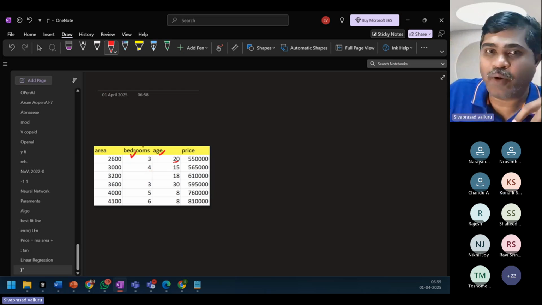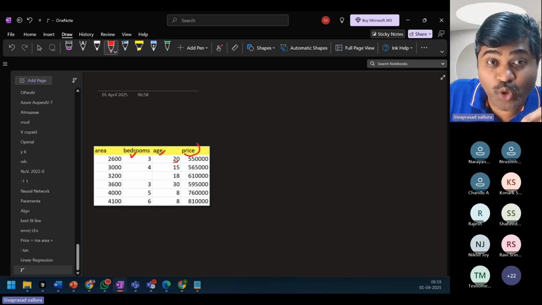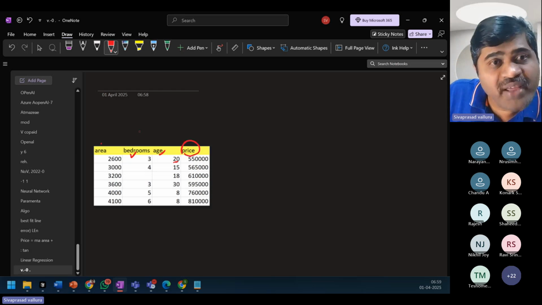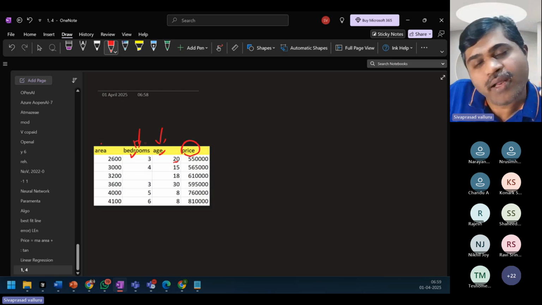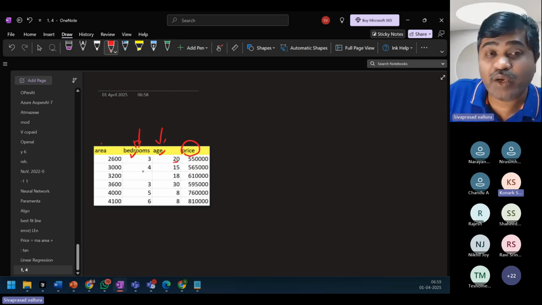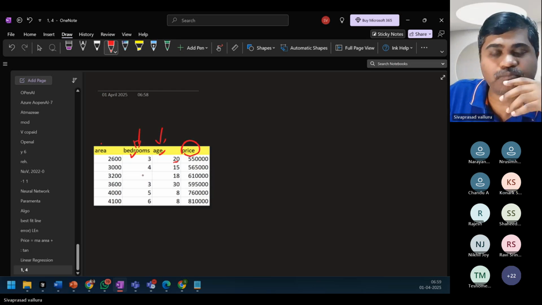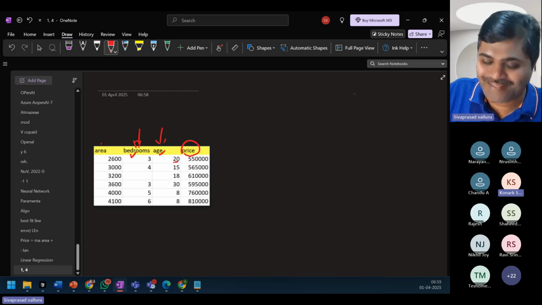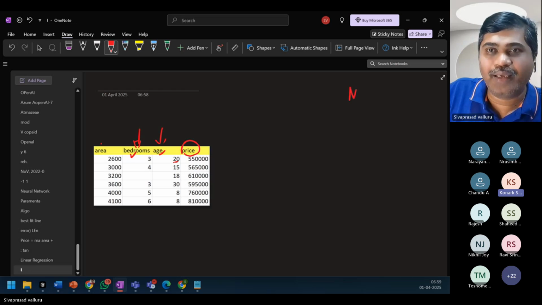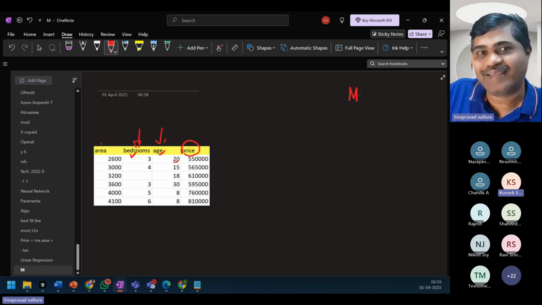Are we training our model to predict prices based only on area or on various factors? However you train, the model will predict accordingly, based on whatever data you train it on. Maybe we have to judge that this data does not look like a linear regression, so let's not try to fit linear regression but try another technique.